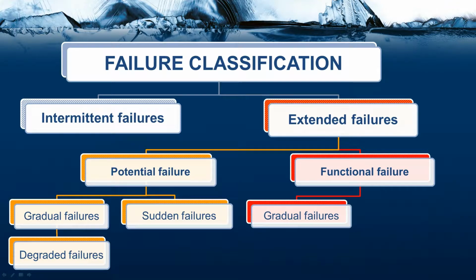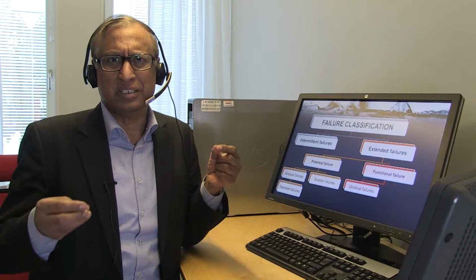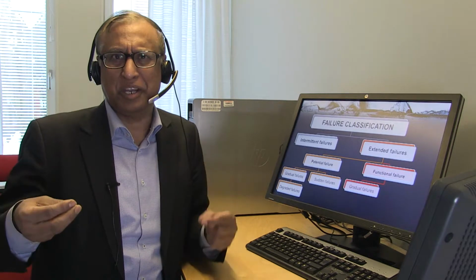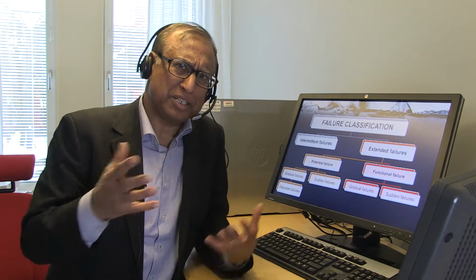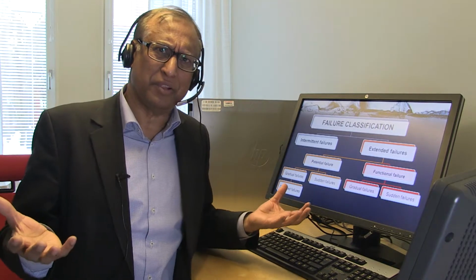How the system migrates from potential to functional failure is a gradual process. Slowly, gradually it migrates to functional failures, where we don't get the expected function from the system or item. The second part is sudden failures. Now that's very dangerous. We don't want a sudden failure from an industrial system or from any asset, because